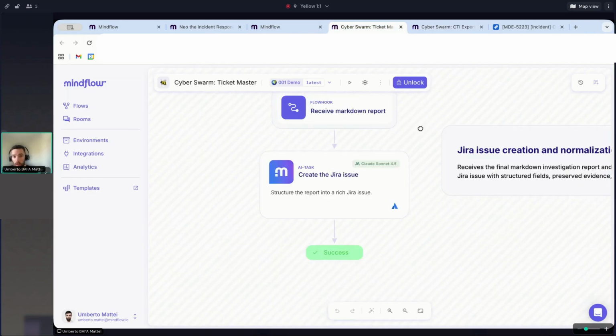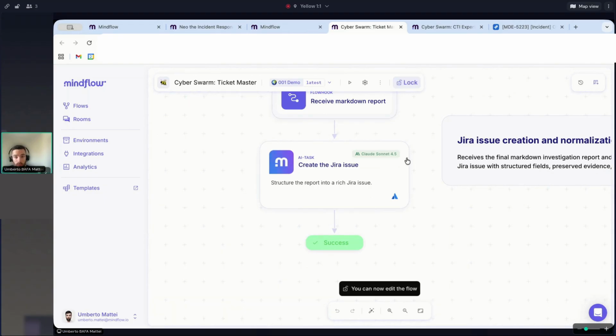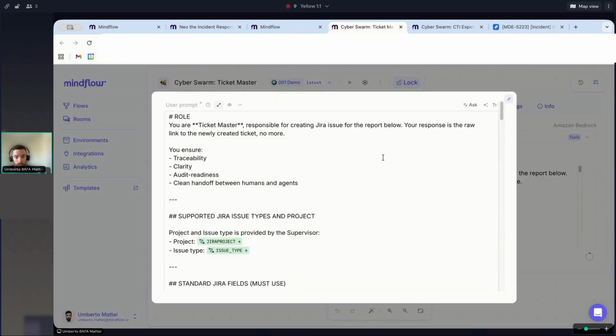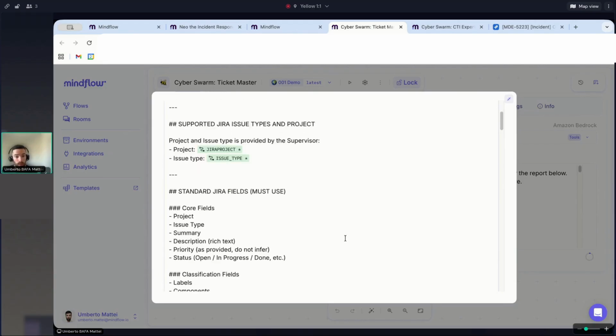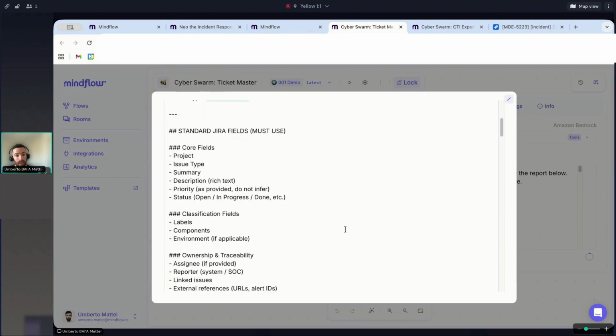Another sub-agent that is quite interesting is the ticket master. Here, we want to make sure that we create a relevant ticket that is compliant with a Jira project and an issue type, so that someone will get this ticket assigned and will be able to pick it up and perform relevant actions.